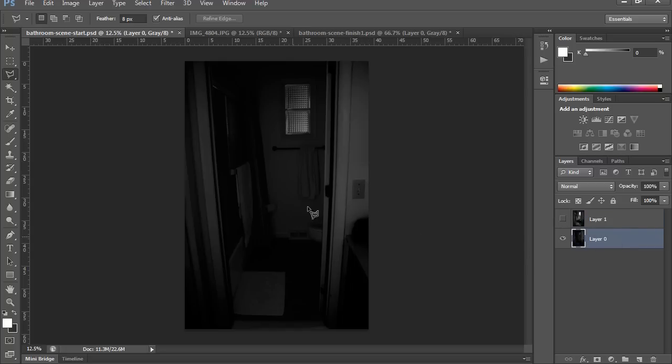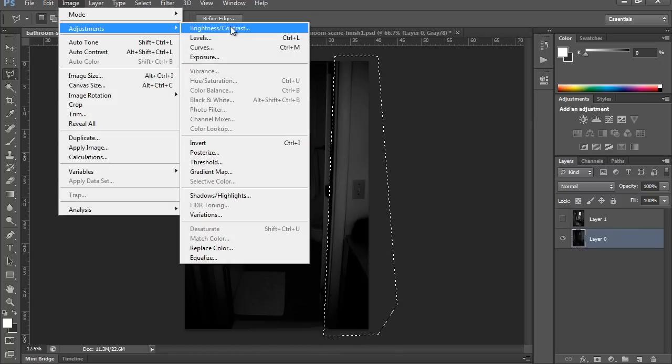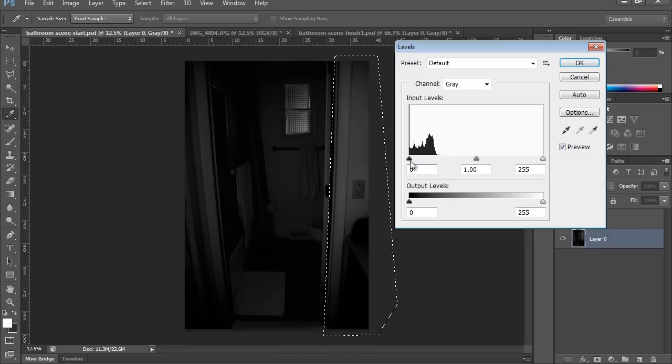So what I want to do is just darken this one up just a little bit more. I've got layer 1 selected, or layer 0, that is the bottom layer. I have the eyeball on. I've got my Polygonal Lasso, and what I'm going to do is just very quickly modify it one more time. So I'll just click, click, click, click, close the loop, make my selection, and Image, Adjustments, Levels, and we'll just